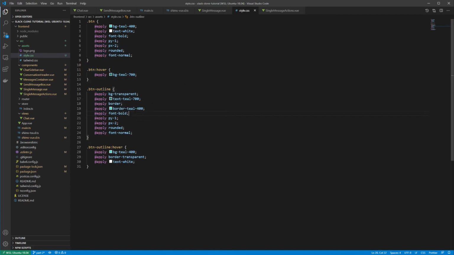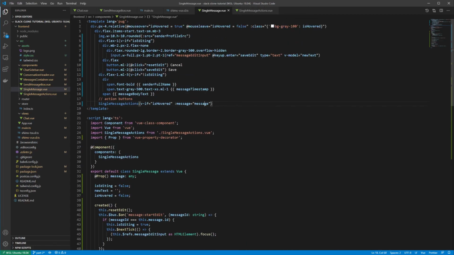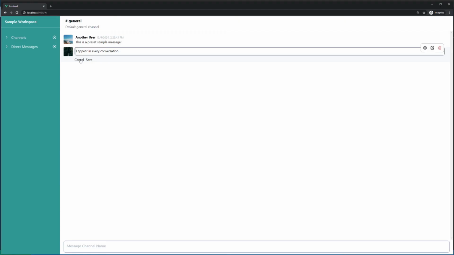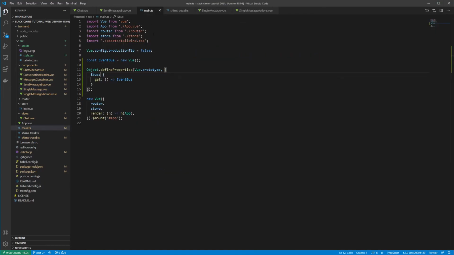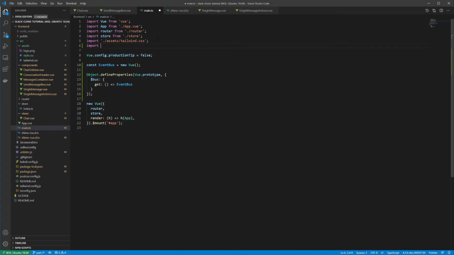Okay, so pretty normal buttons, btn and btn-outline. Let me make the cancel button an outline button, and then I'll make the save a normal filled button. Crap. Okay, I forgot to import it. Need to import it into here. So yeah, main. We need to import it into main because that's where